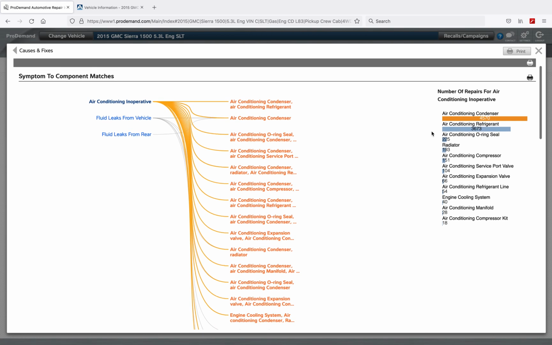4,570 accounts of the air conditioning condenser being problematic with the AC inoperative complaint. Some of them had refrigerant that was low, some of them just had O-ring seals leaking, radiator, I'm not really sure what that has to do with the condenser because they're two different components, AC compressor, service port valve leaking, expansion valve leaking. So if I got this car that comes in, or this truck, 2015 GMC Sierra, shows up